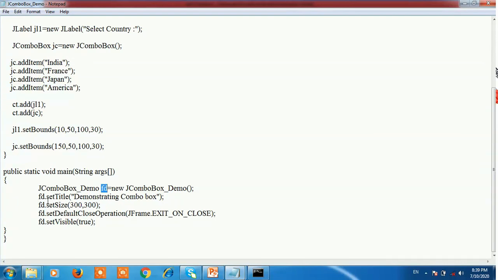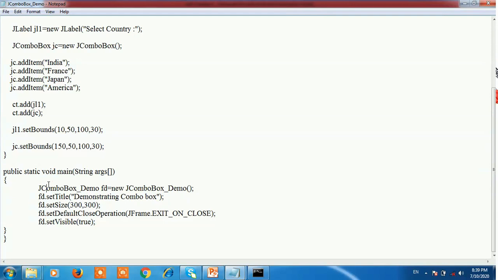The setSize method is used to set the size of the frame window. 300, 300 is nothing but the height and width of the frame window. After that, the setDefaultCloseOperation method is used to close the frame window, and the setVisible method is used to make the frame window visible.